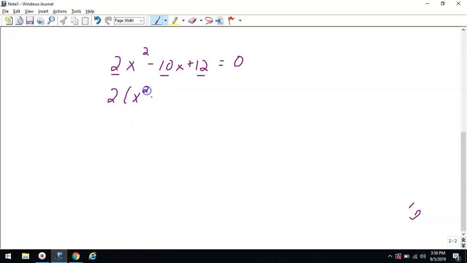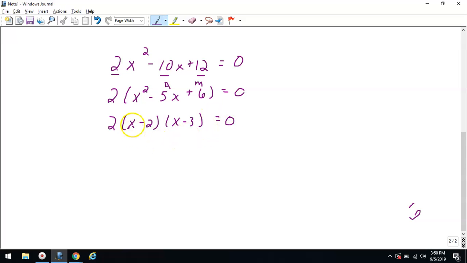Then I have x squared minus 5x plus 6 equals 0. This way I don't have to multiply the 2 by the 12 first to do my factoring. This 2 is just going to stay out here. But I am looking for two numbers that multiply together to be positive 6 and add up to be negative 5. And I think that's going to be two negatives, x minus 2 and x minus 3